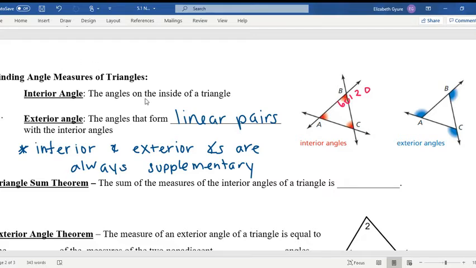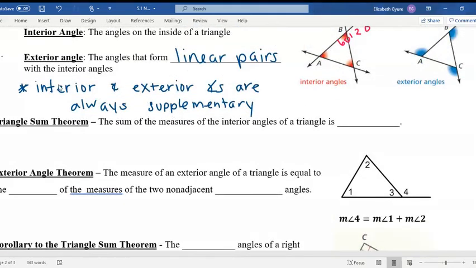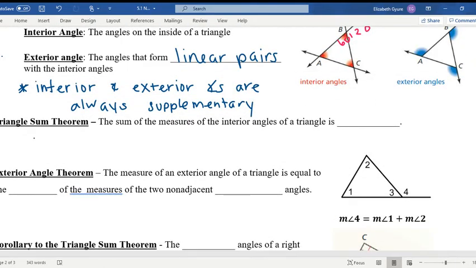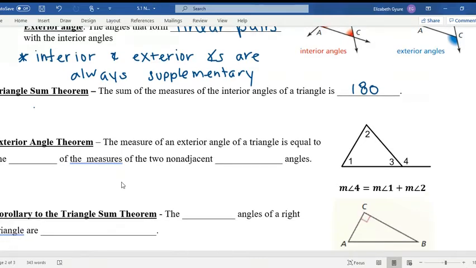Okay. All right. The triangle angles are the triangle sum theorem. We actually already talked about that. The sum of the measures of the interior angles of a triangle is 180 all the time, no matter what. The exterior angle theorem says that the measure of an exterior angle of a triangle is equal to the sum of the measures of the two non-adjacent